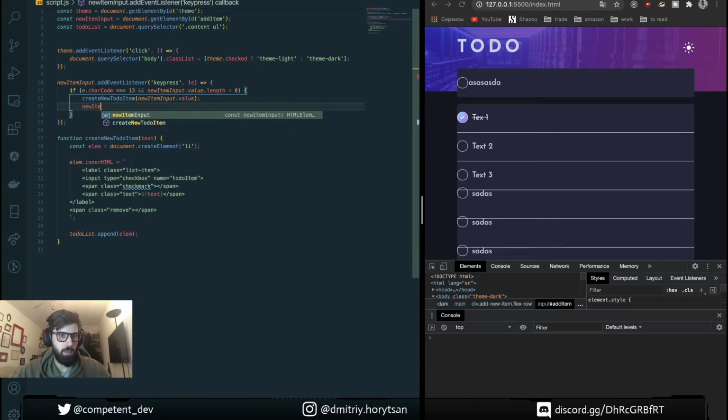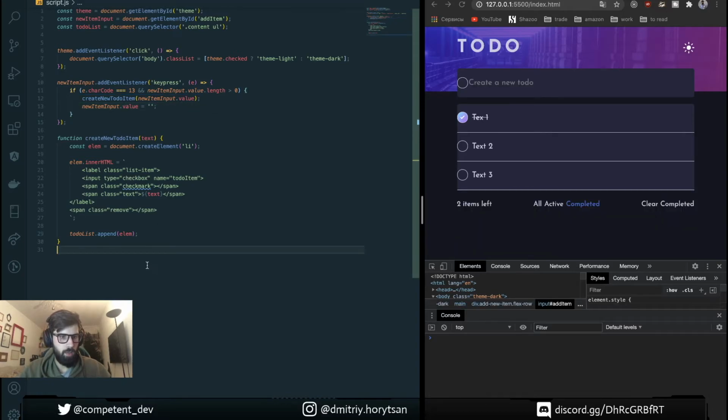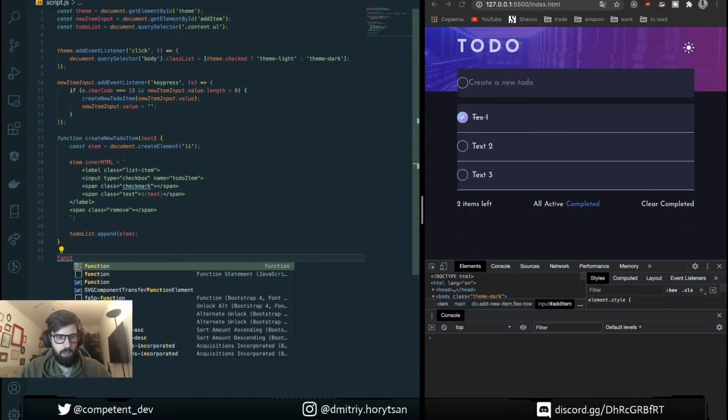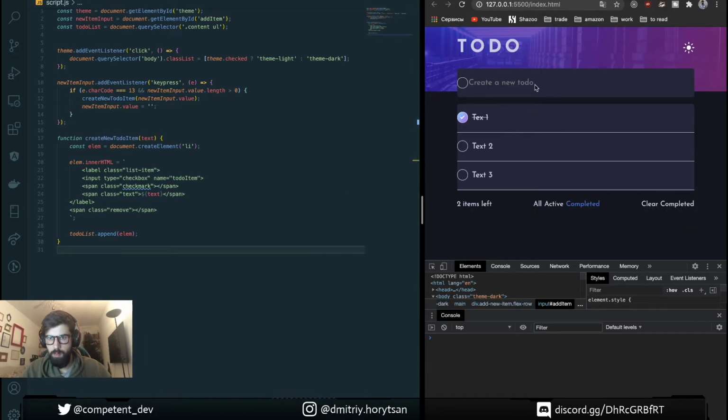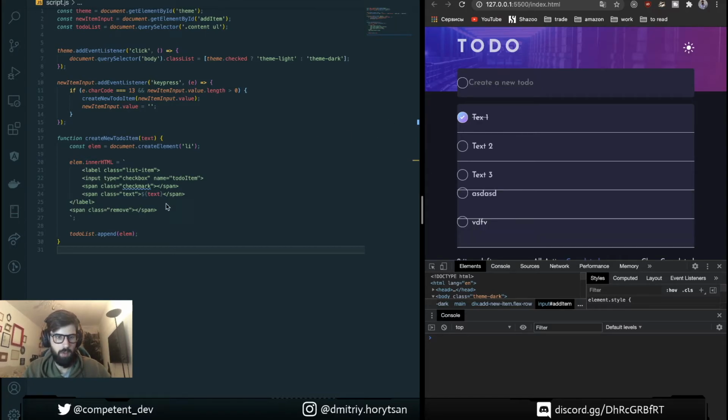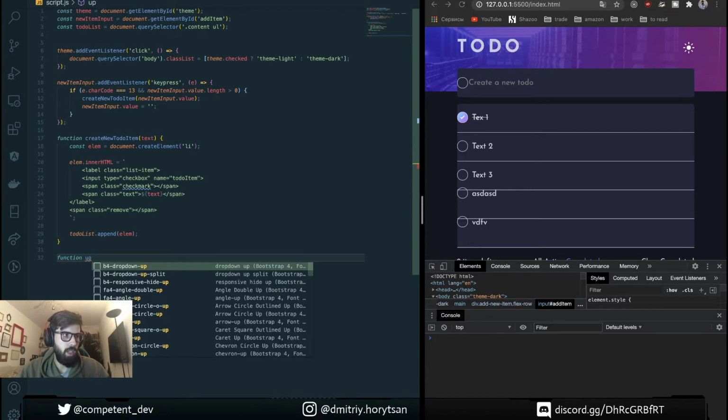New item input, but no, it's correct to do this here like this. Let's check. Okay, seems to work fine.